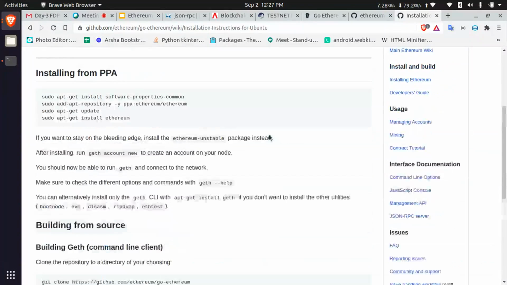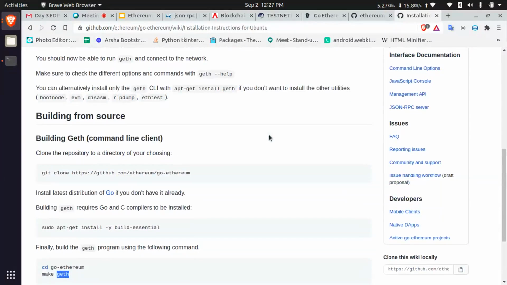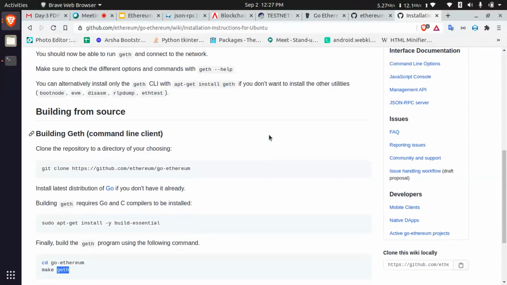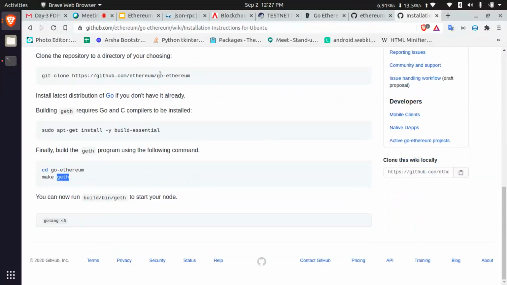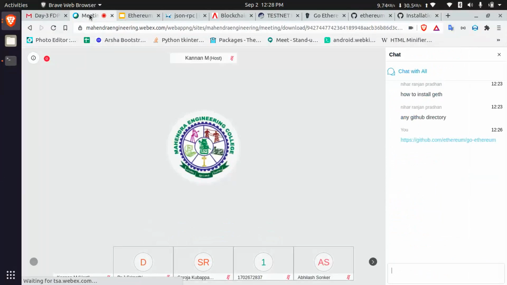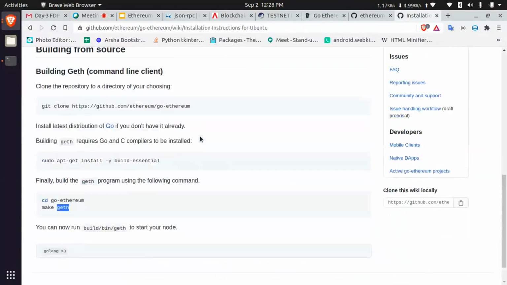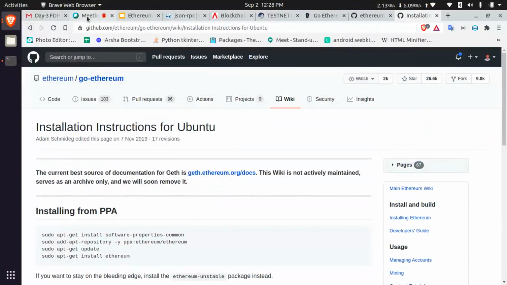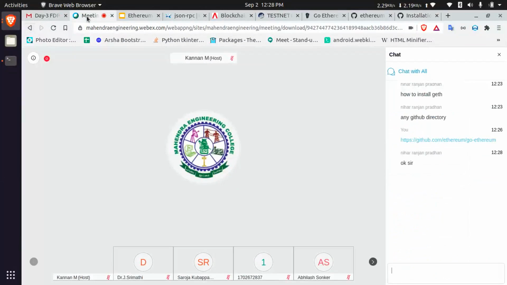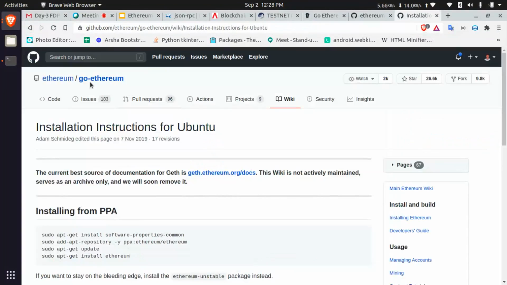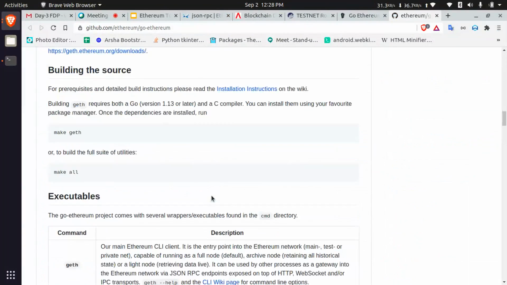So make sure you are creating a private one. Yesterday you asked how we can start a private cryptocurrency. You can use Geth to start a private cryptocurrency also. Any doubts? Any other doubts regarding Geth? Just try how we can start a private node in your machine. Then you can figure out how this is working.